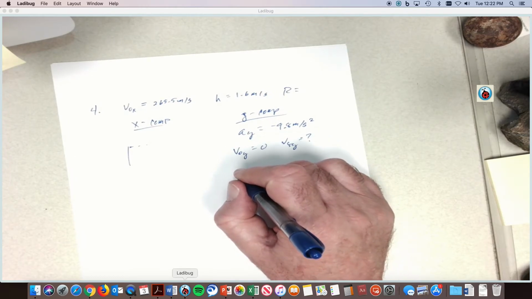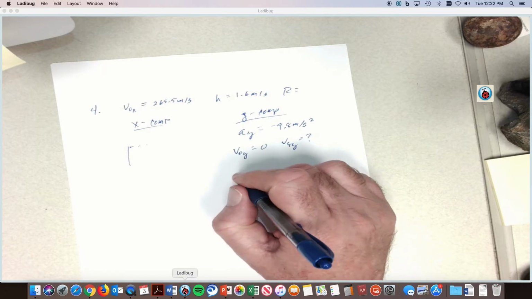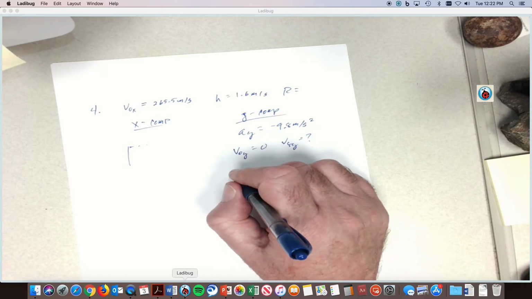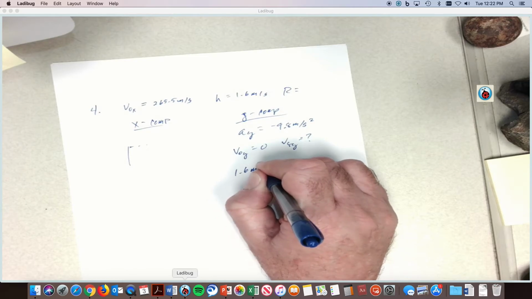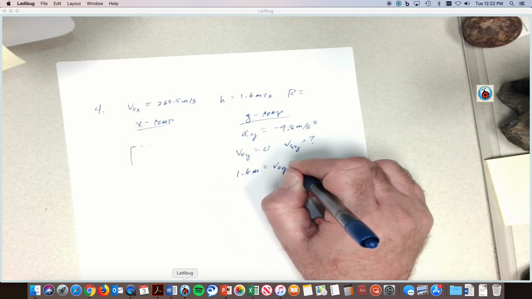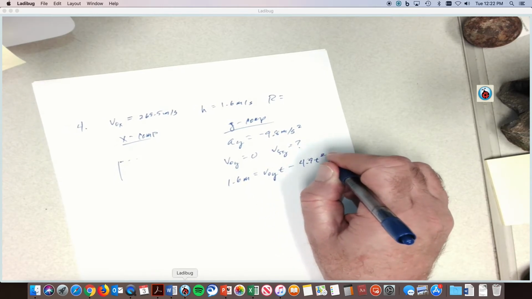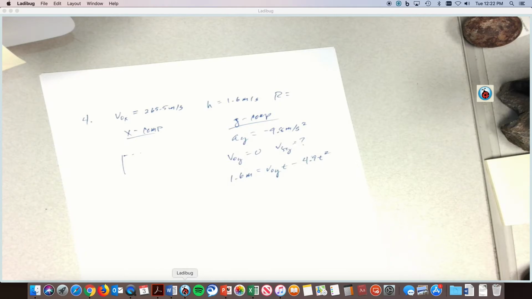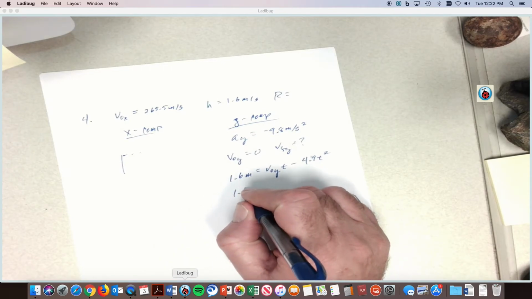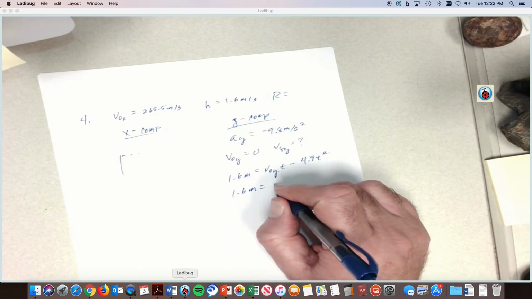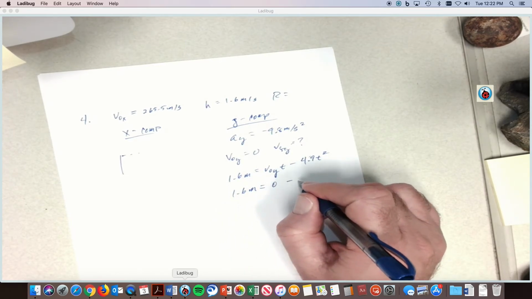So the time that it's in the air: 1.6 meters is equal to the initial velocity in the y direction times t minus 4.9 t squared. Well, this turns out to be pretty simple. But did you notice I paused there for a minute? I was like, well, how do we go about solving this? We already know the acceleration. I guess we could find the final velocity and then plug that in. But we can just do it this way, because it works out nice, because 1.6 m is equal to 0 t minus